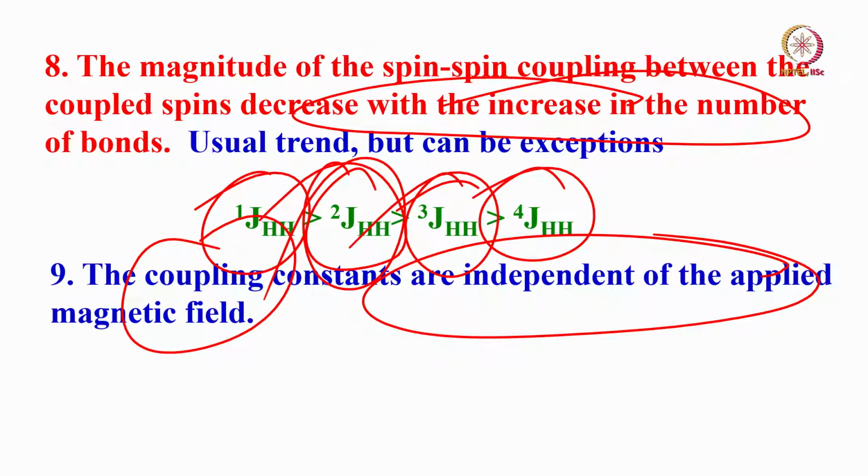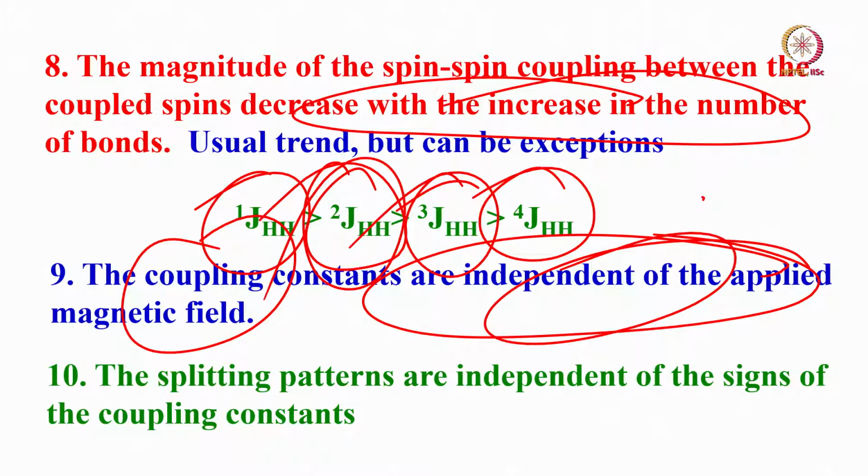Remember I said chemical shifts depend upon the magnetic field. They vary linearly with the magnetic field, whereas the coupling constants are independent of the applied magnetic field. You record the spectrum today in one spectrometer. Let us say the coupling constant is 10 hertz in a 300 megahertz spectrometer. Go and measure it at 500 megahertz, 800 megahertz or 1000 megahertz, no problem, the coupling constant remains the same. Whereas the chemical shift will be linearly changing, but coupling will not. Okay? Coupling constant is independent of the applied magnetic field.